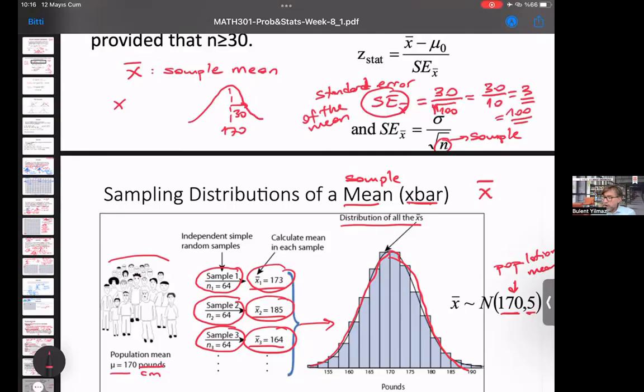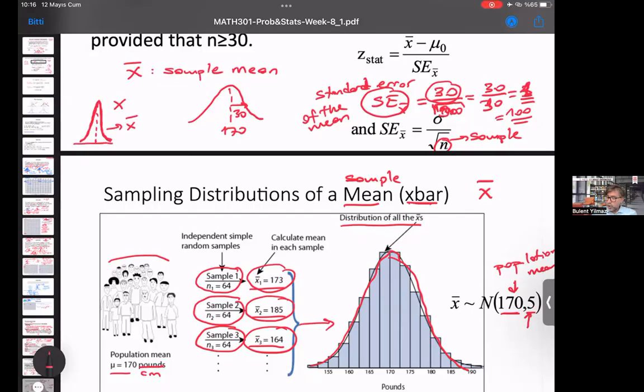So if I have 100 people, my standard error of the mean will be 3 here, right? If I have, let's say, 900 people, the square root is 30, so my standard error of the mean will be 1. So it will be a very, very sharp distribution, right? The sample mean distribution will be very sharp,